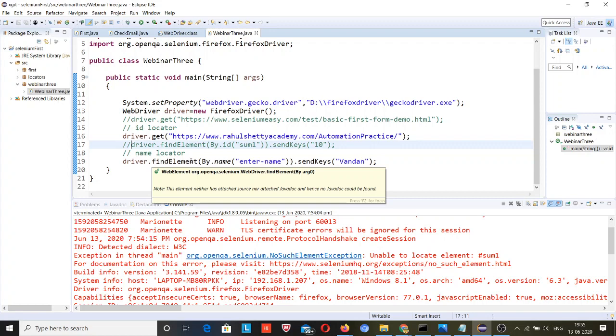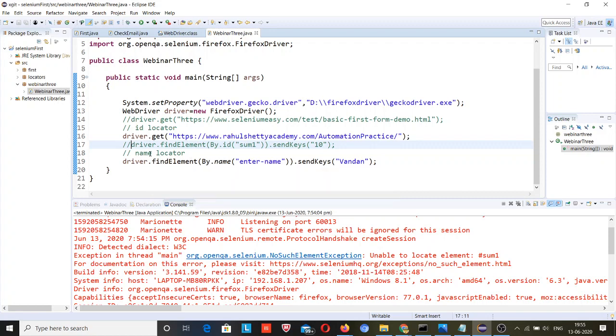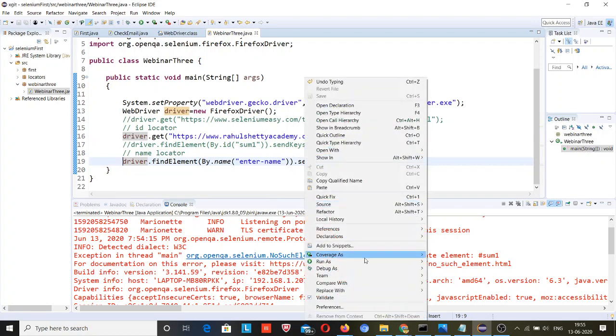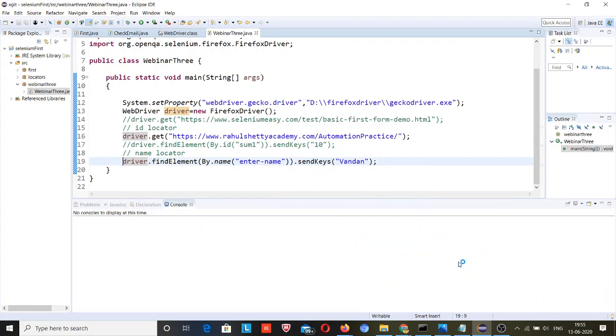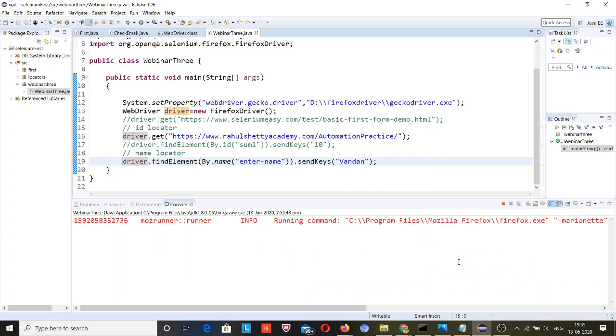But we have options. Even if the code does not work here, we have other options. I will show you later on, how to move forward if one line is not working. So that's in further topics. So this is my agenda for today. Right click and Java application. So this will run fine, I hope.